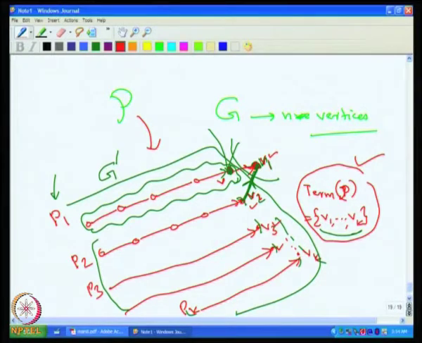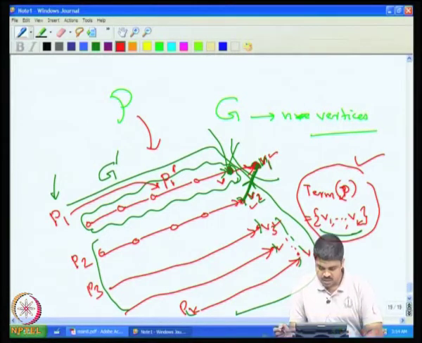Now suppose this P1, I can say that this new path cover is P1 dash, because this is coming from P1. So essentially after cutting V1, I got P1 dash. This P1 dash, P2, P3, Pk, possibly that is indeed a path cover of G, but that need not be a minimal path cover. Suppose it is a minimal path cover of G. If it is a minimal path cover of G, then